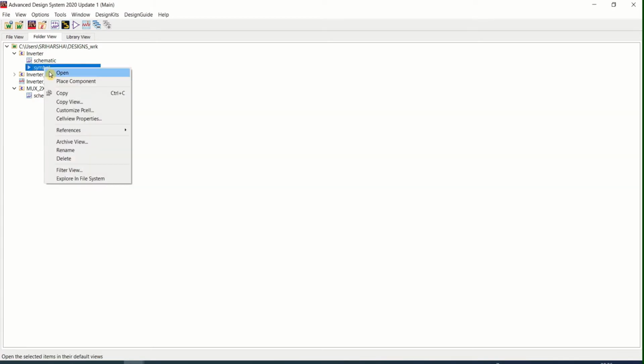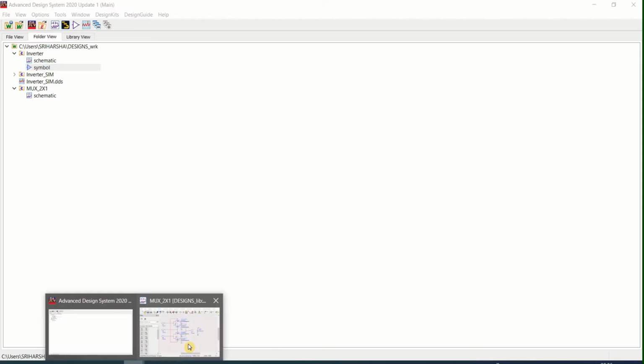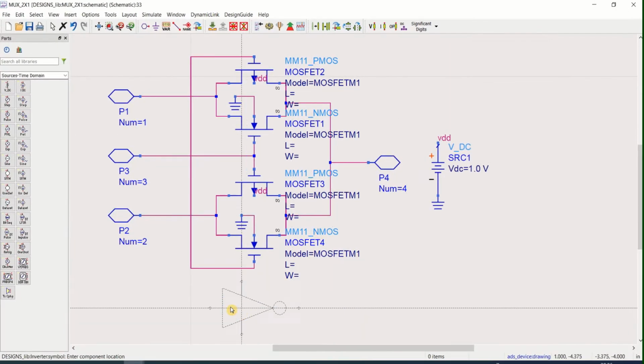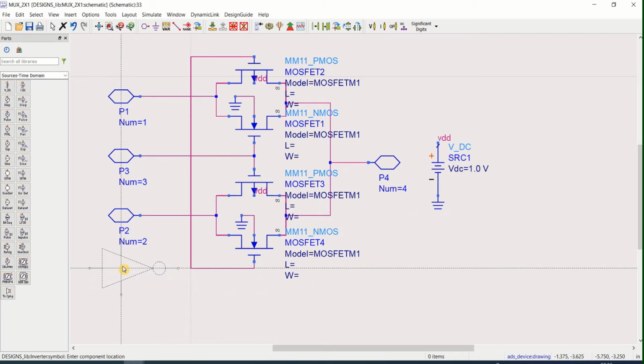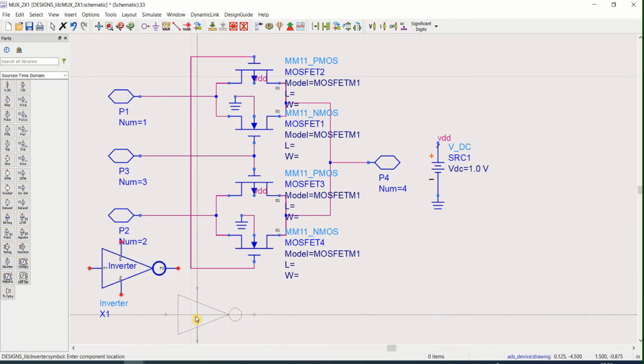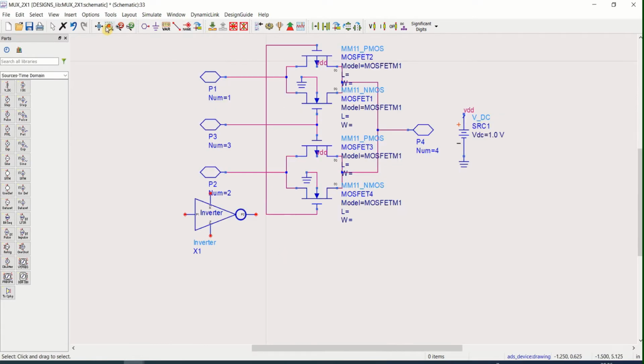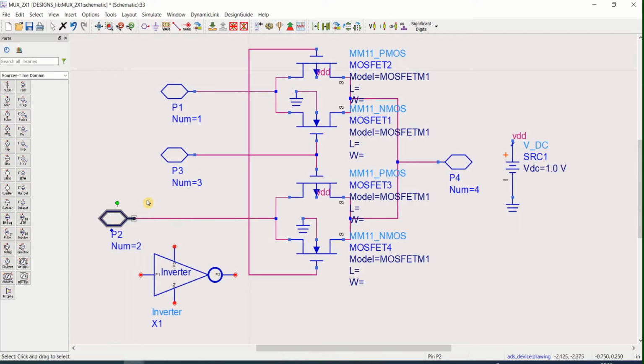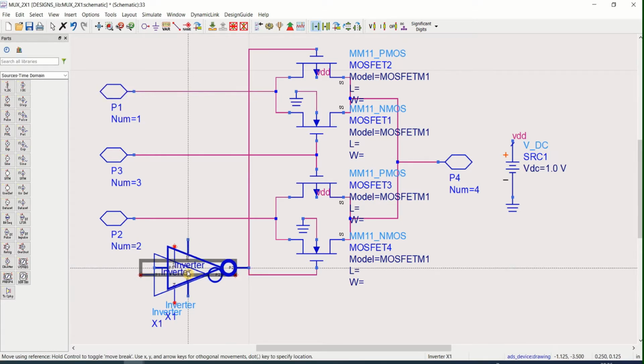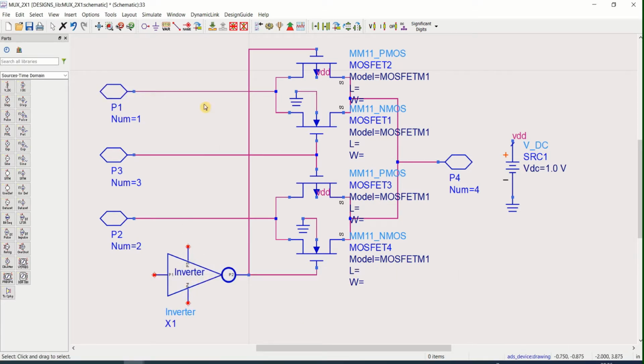So just right click on it, place the component, because you need to complement this. This has to be connected to the selection line. One will be in a positive way, the other will be in a negative.